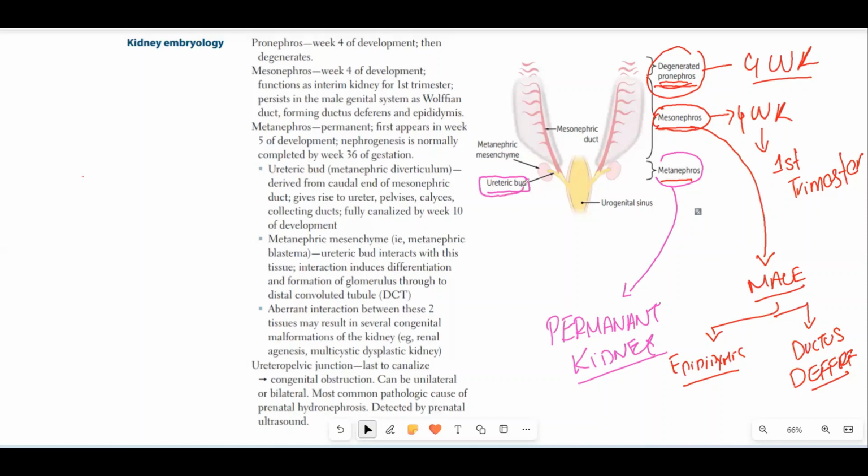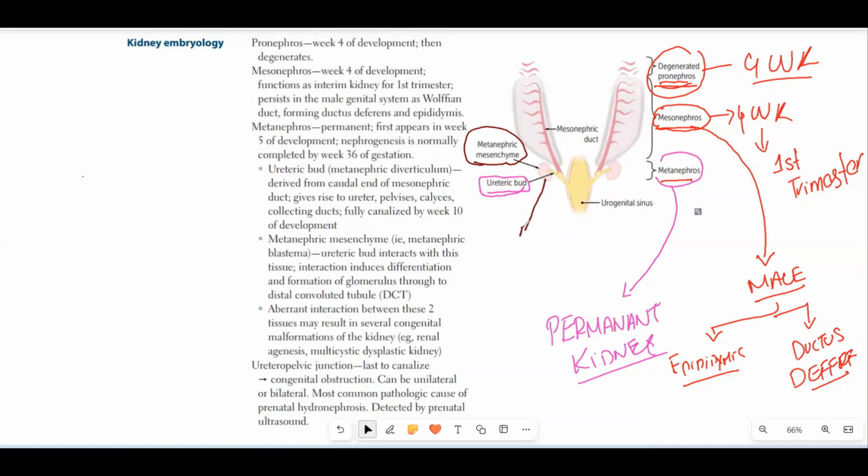Then this bud interacts with another structure, the metanephric mesenchyme. The interaction of these two structures is important because the ureteric bud induces differentiation in the metanephric mesenchyme, and